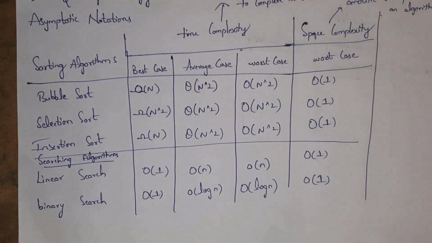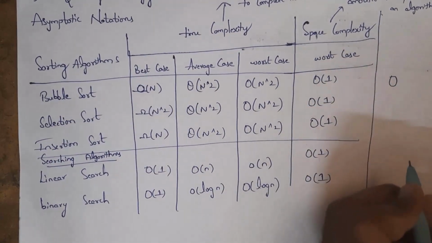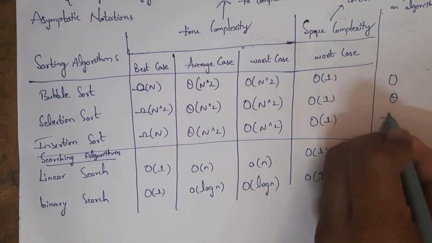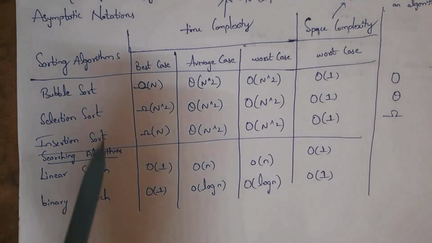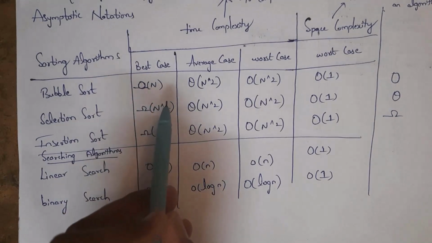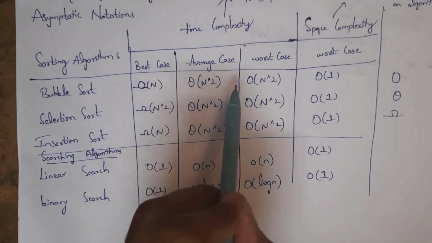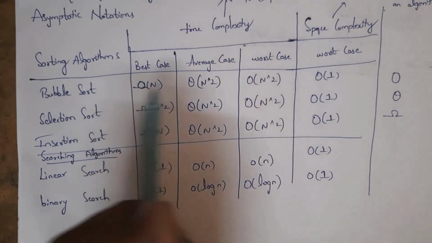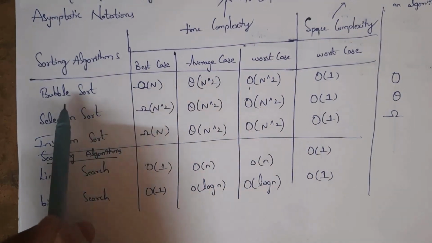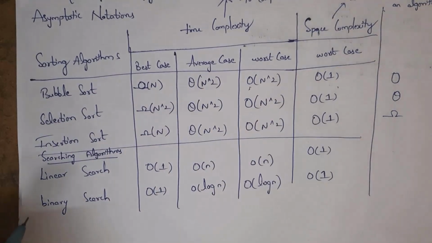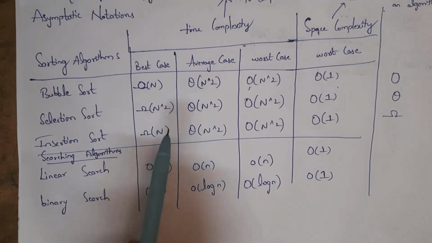These are various algorithms and their time complexities and space complexities. We call it big O, we call it theta, and we call it omega. You need to remember this. Best case time complexity of bubble sort is omega of n, whereas average case time complexity of bubble sort is theta of n to the power of 2, and similarly worst case time complexity of bubble sort is big O n to the power of 2, and worst case space complexity of bubble sort is big O of 1. Similarly best case time complexity of selection sort is omega n to the power of 2,